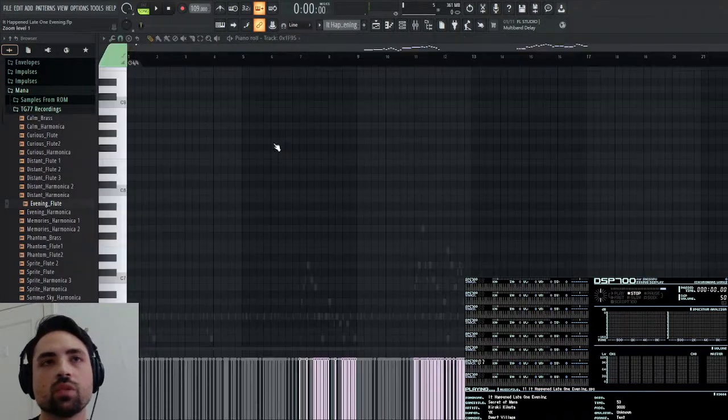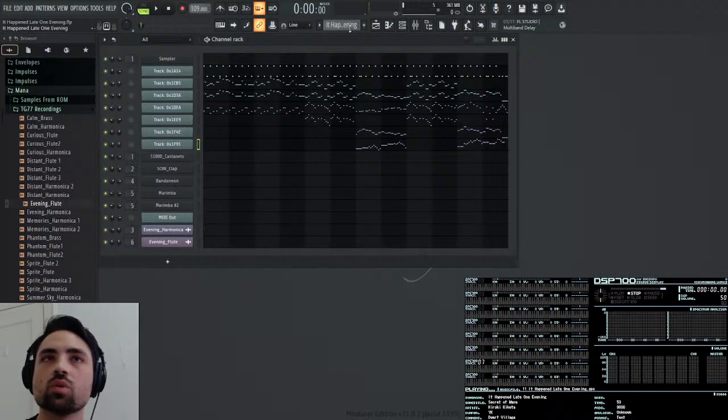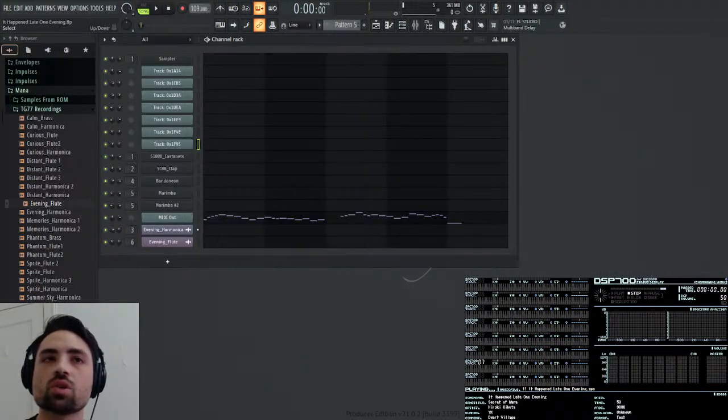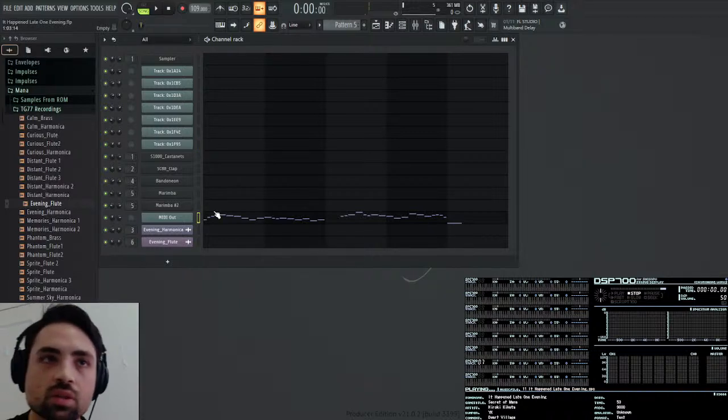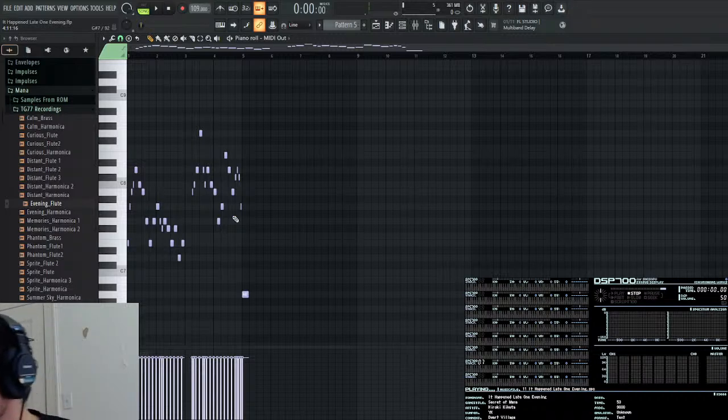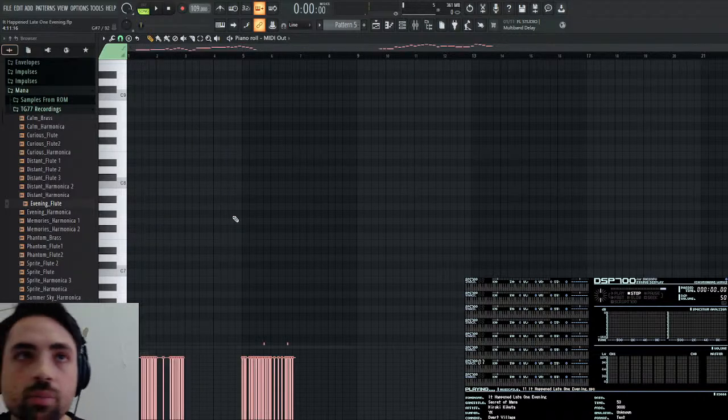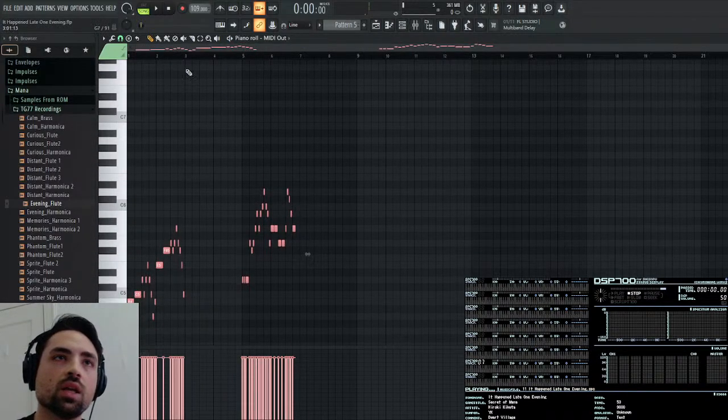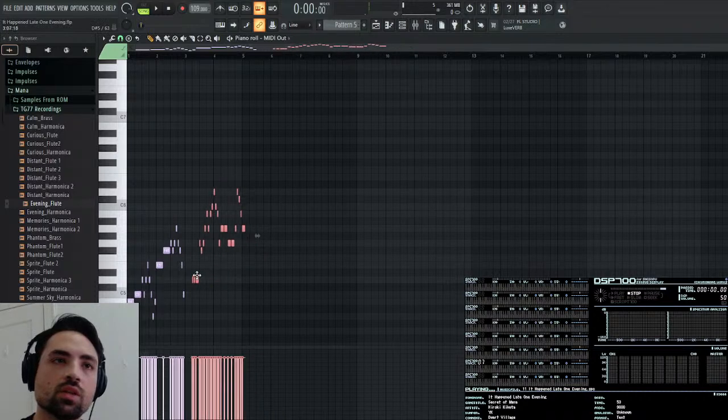Okay, so let me copy this whole line and go to an empty track. Well, this one's already good. And let me paste this here. Wait, actually I have to go into the piano roll, delete this, and then paste it. And let me drag this second part away to remove the silence, still leaving some space for the tail.